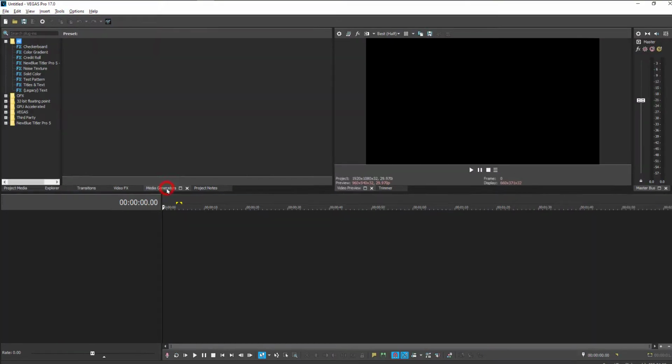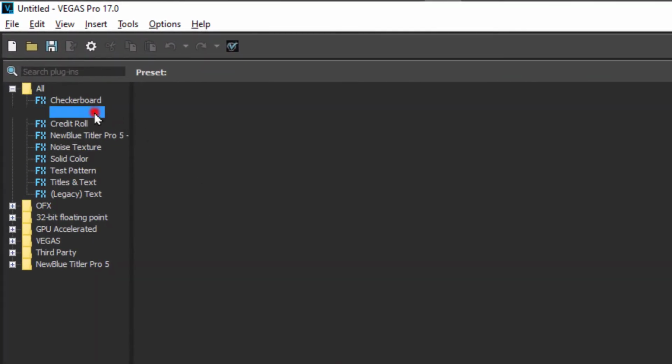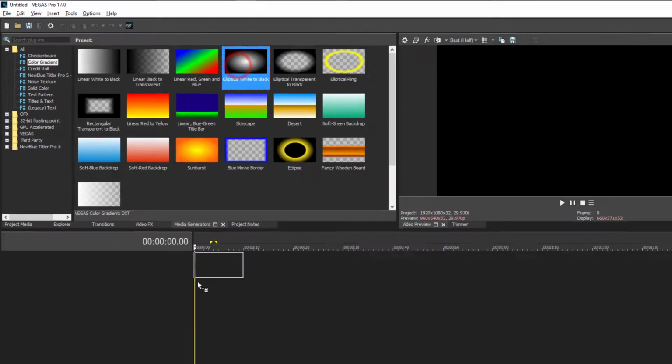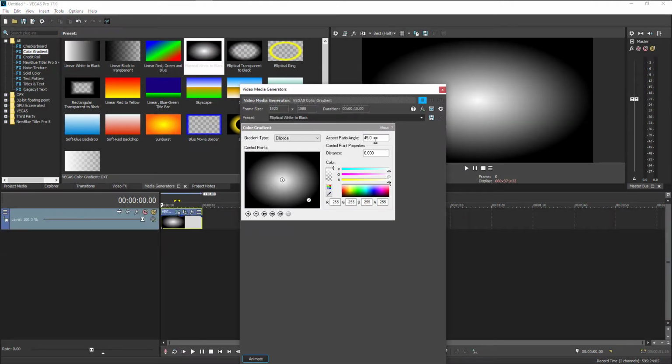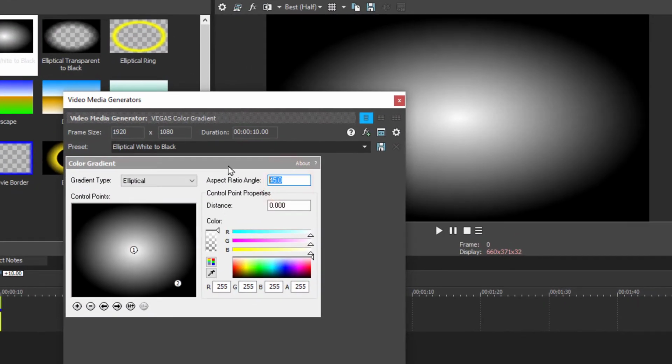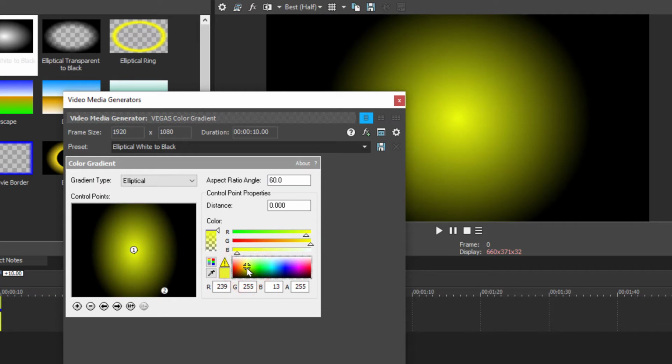First, add the FX color gradient, elliptical, white to black. Now adjust the aspect ratio and distance so the shape is round like a ball. Change the aspect ratio angle to 60. That makes it round. Choose a color for your ball, selecting the number 1 control point. Select the second control point and change the distance to somewhere around 270, depending on how big you want the